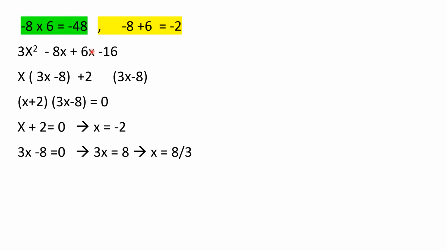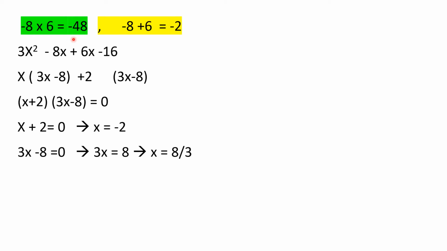So we are going to find the numbers. When you multiply, you should get minus 48. When you subtract, you should get minus 2. So the numbers are minus 8 into 6 is minus 48. Minus 8 plus 6 equal to minus 2. You should understand that this should satisfy both conditions. Then only you will get a correct solution for this.